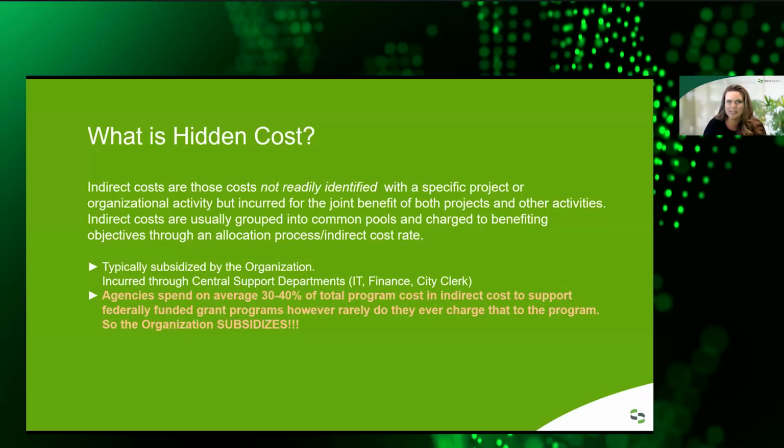This is typically subsidized by the organization because it's not identified. And so when we do indirect cost rates, I would say on average, they're 30 to 40%. Now, that might shock some of you. A lot of people tend to think that our administrative costs are 10% or somewhere around there. But when you start to really look at all the services that are used to support every last thing, we